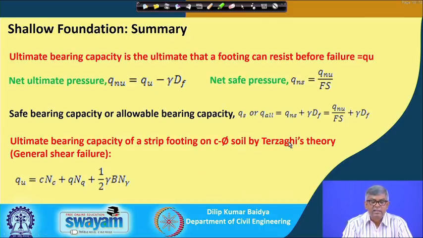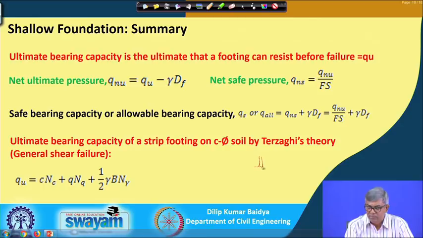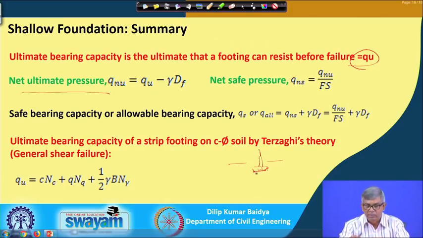You can see that I have defined different types of pressure, that is, ultimate bearing capacity. Ultimate bearing capacity is what, when there is a footing, if you continuously load it, sometime it will fail. So, the pressure it is taking before failure is the ultimate pressure, and we denote it by QU. And net ultimate means, if the footing is placed at some depth, because of this excavation work, the surcharge should be deducted.